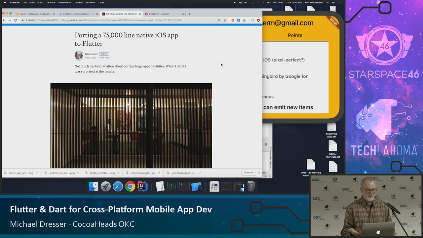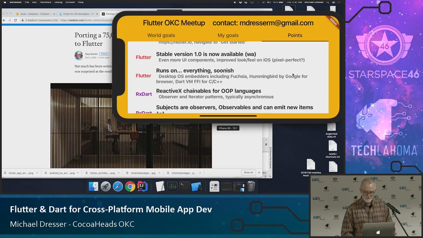We all know how that works. With Flutter, it turned into 30,000 lines of code. And he had estimated how long it would take and was coming in under time, okay, which has never happened to me, I don't think, to come in under estimate, okay? So it's worth noticing that. All right.